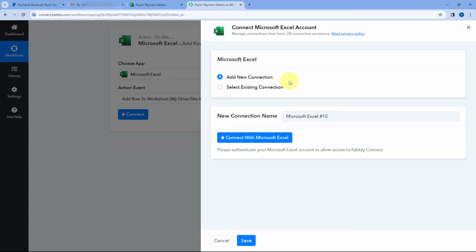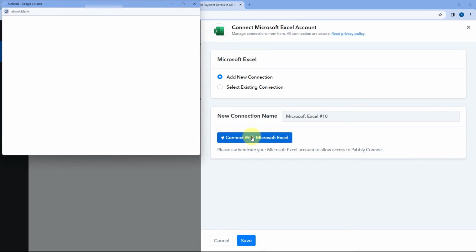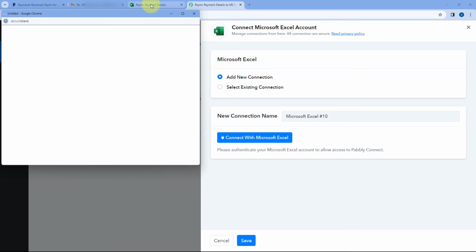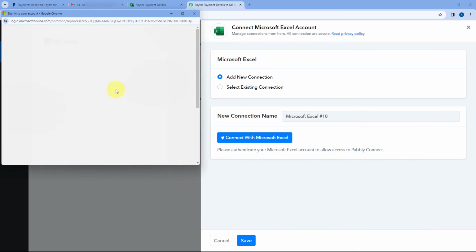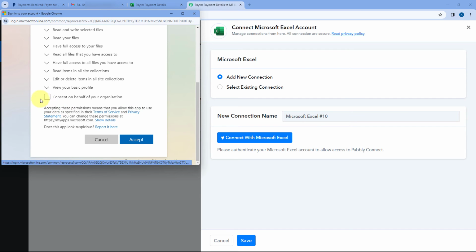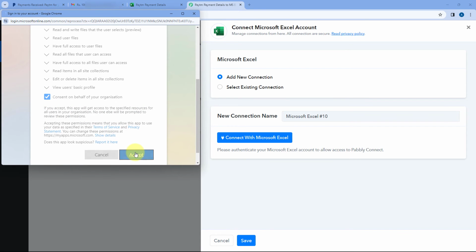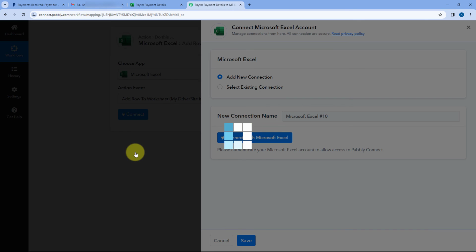Now here, we have to connect our Microsoft Excel account with Pabbly Connect. And to make this connection, click on this Connect with Microsoft Excel button. Now because I have already logged into my Microsoft Excel online account, here you can see Pabbly Connect will detect the same account. Just scroll down, give the consent and click on Accept. And as we click on Accept, we will see our Microsoft Excel account will get connected with Pabbly Connect over